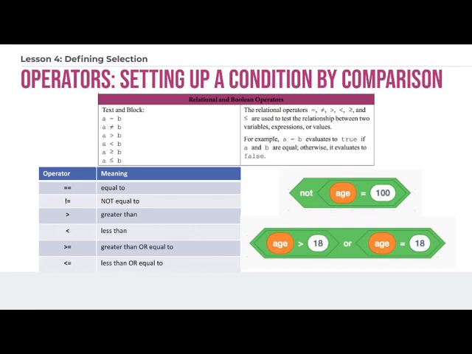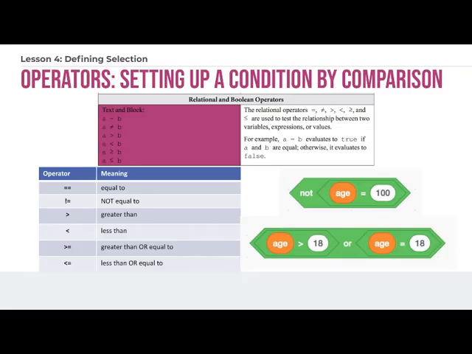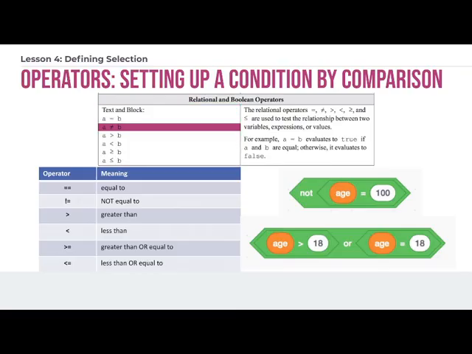But also, relational means how does one variable, in this case A, relate to B. So these are our relational operators, and this is how you will see it on the AP exam. If you see operators, they will look like this, okay? However, if you are writing text-based code, this one in particular, right here, is not able to be typed in plain